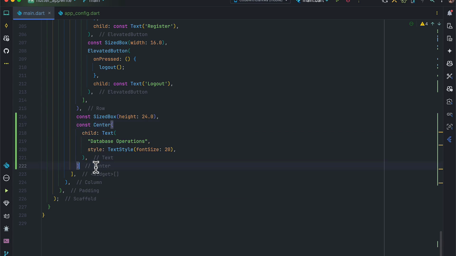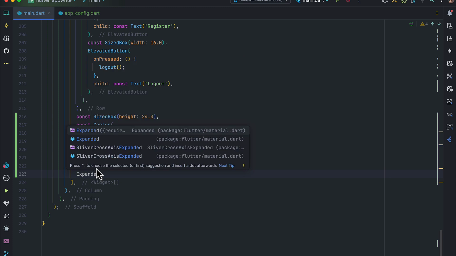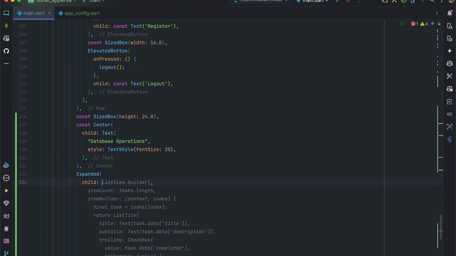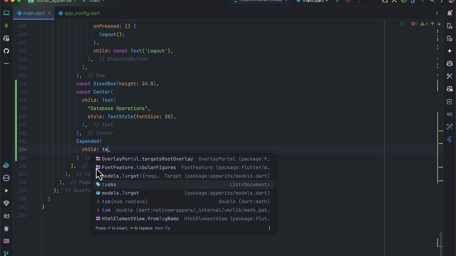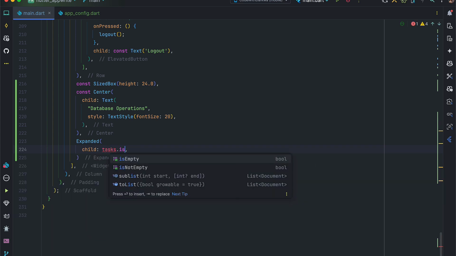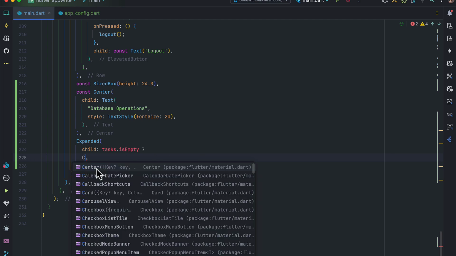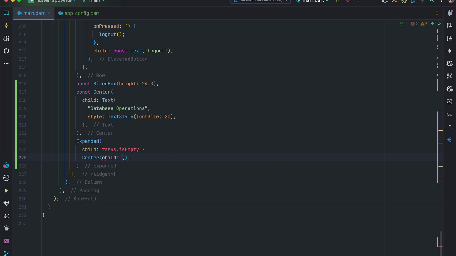And below the Center widget over here, let's return an Expanded widget, right? And the child of this Expanded widget is going to be based on the tags collection, right? We check if our tags is not empty. So if our tags is empty, we are going to return a Center widget with a text that displays no tags yet, and if our tags is not empty, we are going to display our various tags,